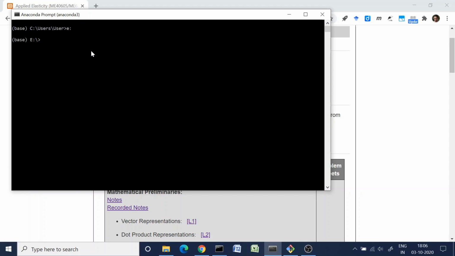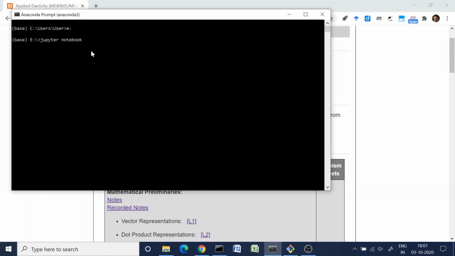So I'll launch Jupyter Notebook from this root. It's as easy as just writing jupyter notebook with a space in between and then pressing enter. When I press enter, it will open up the Jupyter Notebook interface as a separate tab in the browser. So the Jupyter Notebook, if you want to call it a software,